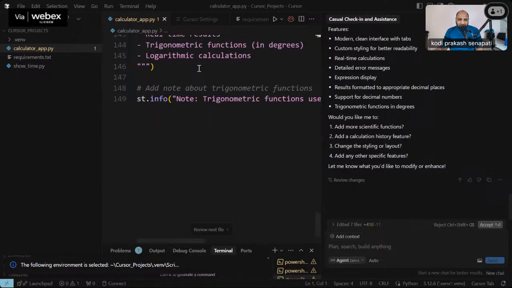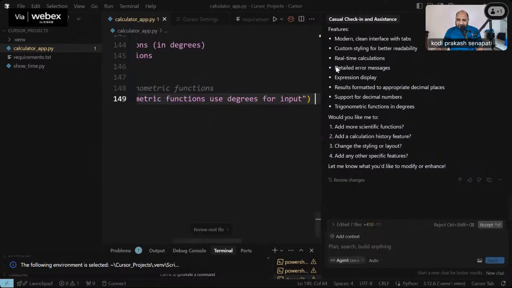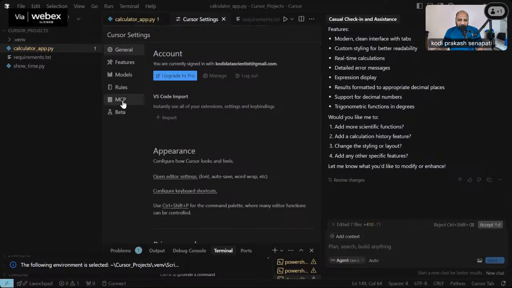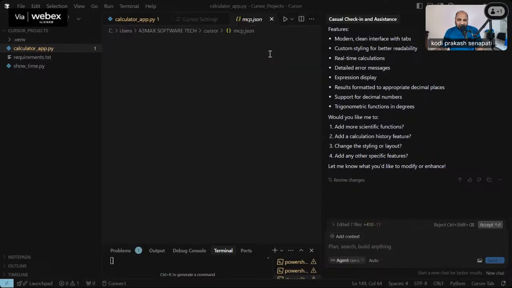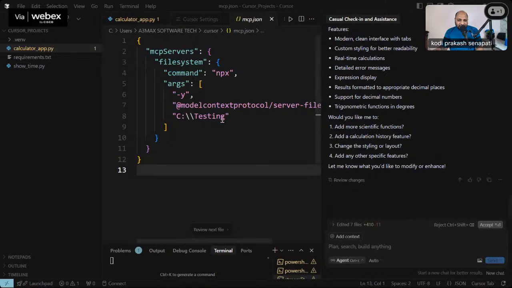Let me tell you, in this Cursor AI, if you go to the settings, do you have MCP? You can connect to the MCP by adding a file system. I think I added one file system, npx file system. Do you see enable, guys? I already added a file system now, and I'll tell you sometime how to connect an MCP server using this one. Add new global, whatever the npx C drive testing we connected. So what I'm trying to do, C drive